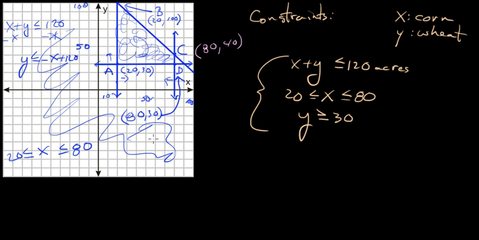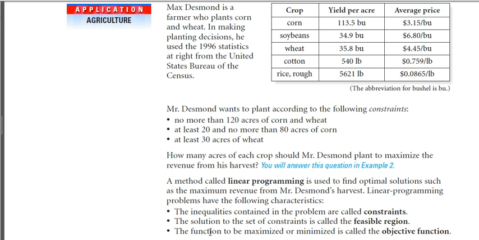And so what does this all mean? What do I do with all this stuff? Well, I have what we call the objective function. You say, what the heck is that? Well, let's go back and look at our problem here. If he grows corn, how much is he going to earn per acre? Well, 113.5 bushels times 3.15, that's going to give him the dollar yield per acre that